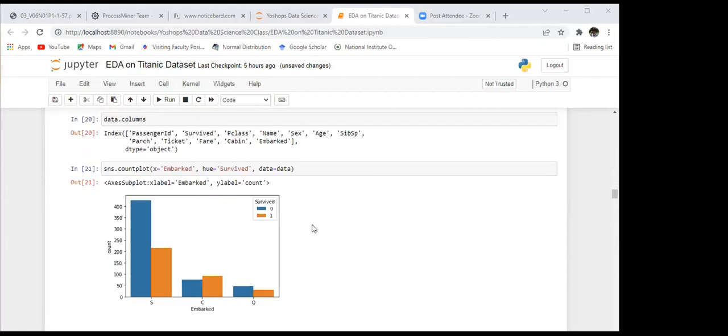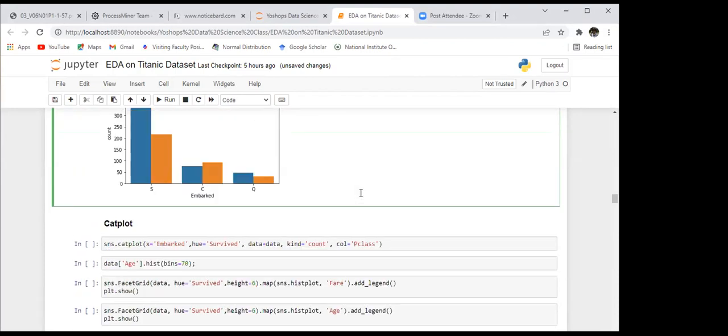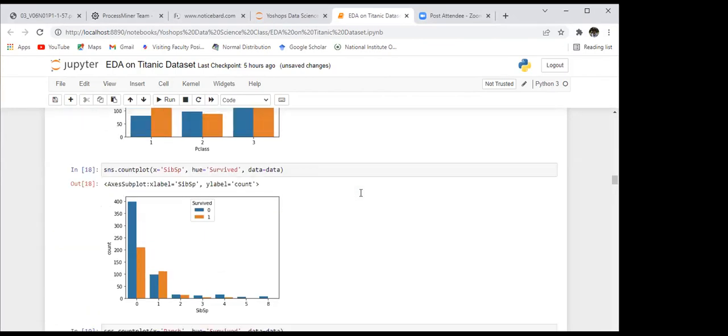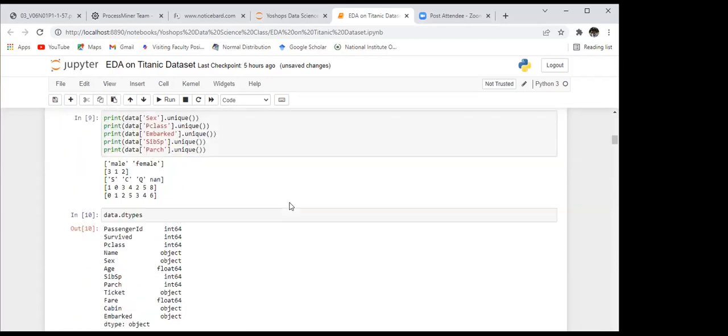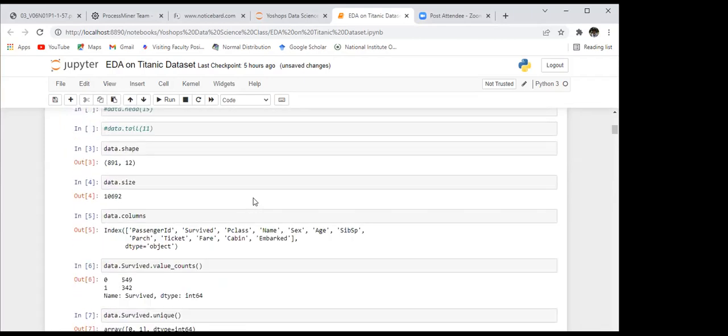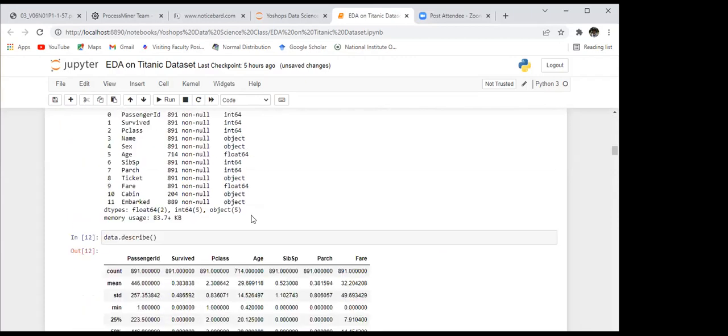Even in this simple data set, you can be a bit more creative. Like here in this age variable, I have simply used the mean value to replace the missing values, right?